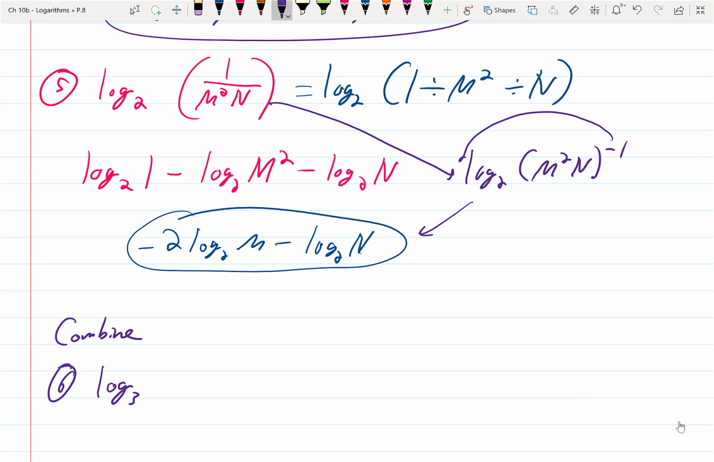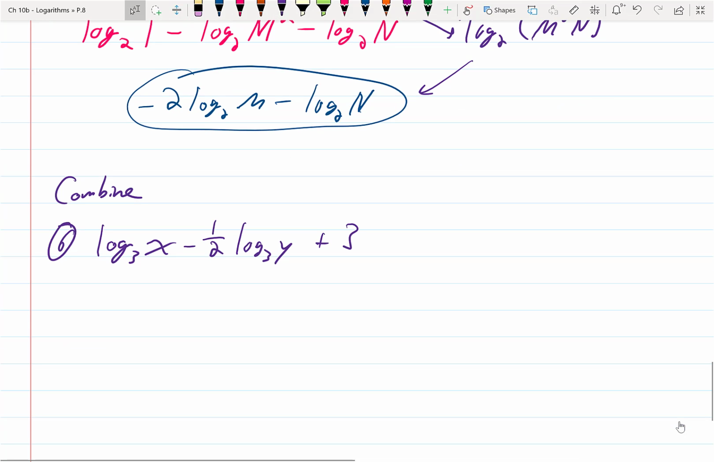Okay. Log base 3 of x minus 1/2 log base 3 of y plus 3. Let's leave it as plus 3. So bring it together as a single logarithmic expression, which means you're going the reverse of everything we just did. First thing, take your coefficients. Take these things and move them as exponents. So this is the log base 3 of y to the 1/2